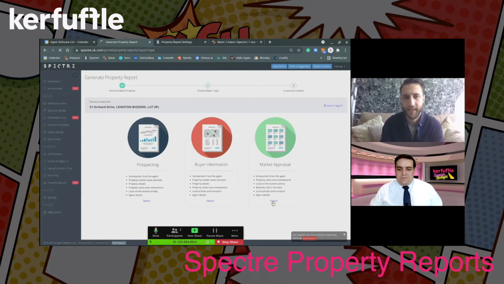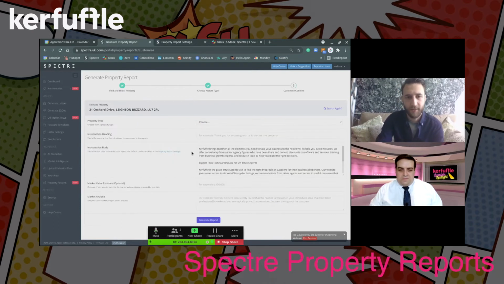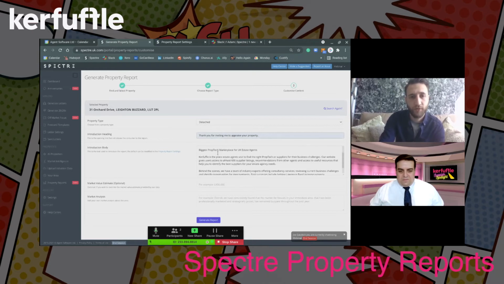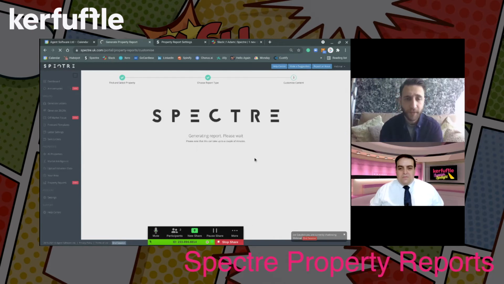I'm just going to hit select, and it's going to go and give us some information to pre-fill. So what property type is it that we're going out to? We're looking at detached. We can pop in a header there for say, thank you for inviting me to appraise your property. We've got some pre-built introduction body content, which we just looked at. We can pop in an appraisal estimate if we wanted to, and we can also pop in some market analysis down there as well. So if we just hit generate report for today,